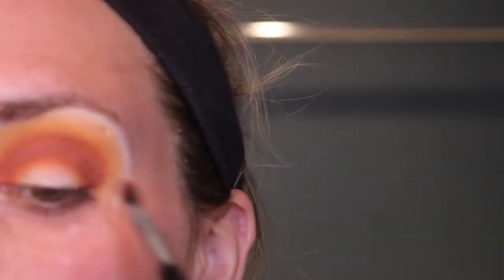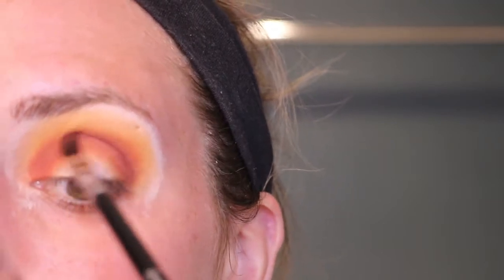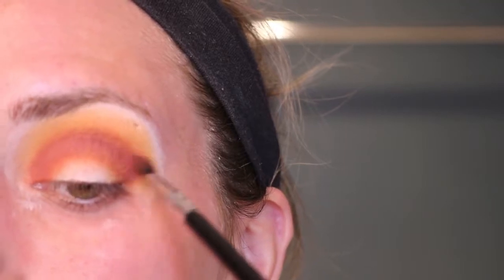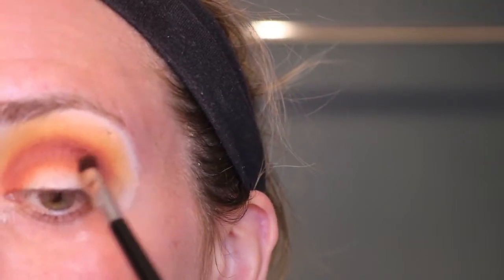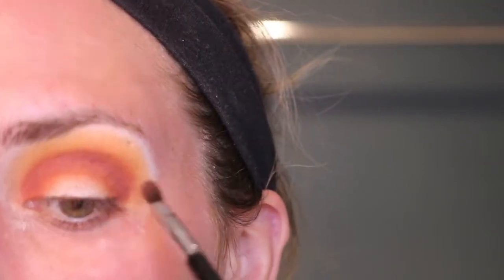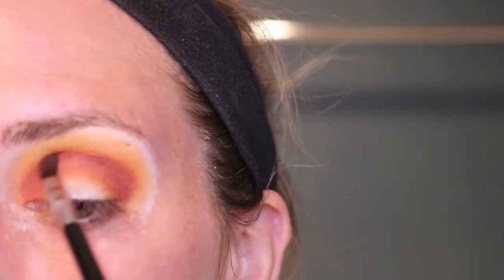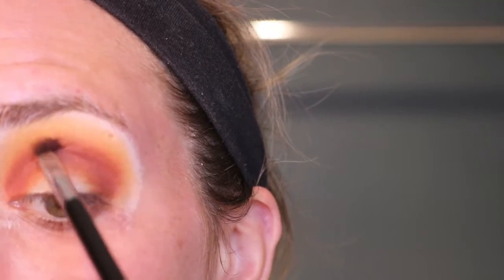And once I get enough pigment, I can start blending it, but we're not going to need to blend it much because those colors were similar. And since we added them lower and lower each time, that automatically helps add that gradient effect that we want, so we don't have to do as much blending. And that's part of the reason why you add